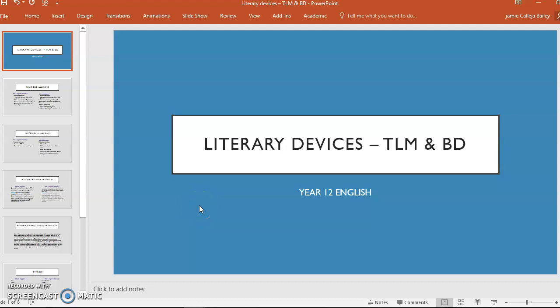Hey guys, today's lesson is on literary devices for The Longest Memory and Black Diggers. By the end of this lesson, you should be able to examine different scenes and extrapolate the different literary devices used, particularly the ones that we're going to focus on today. You're also going to be able to compare and contrast the intent behind the use of these by both